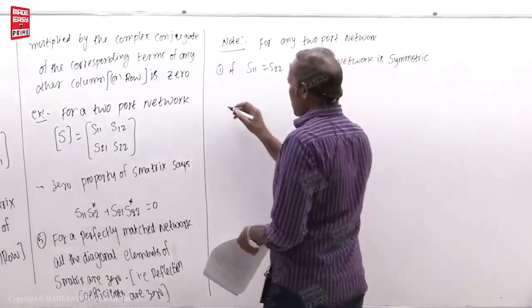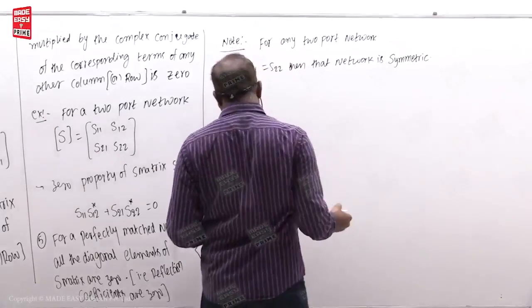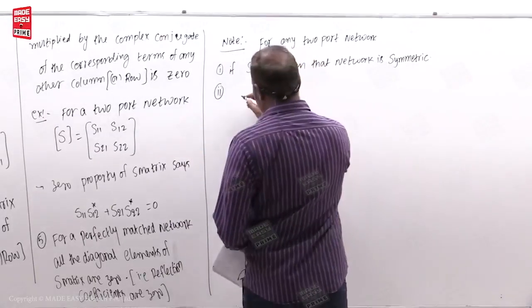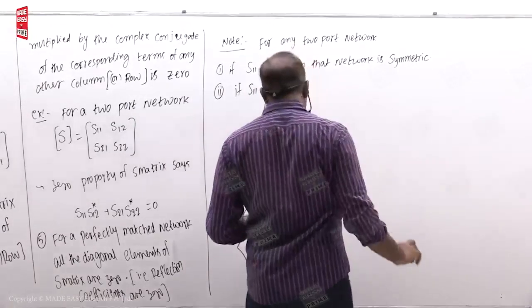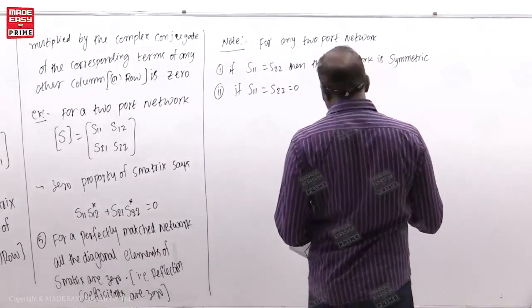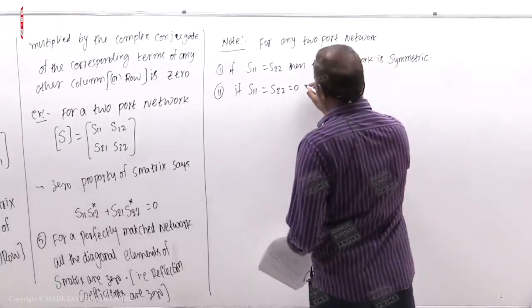Symmetric, that is the objective question. Similarly, another question, if S11 is equal to S22 is equal to 0, then